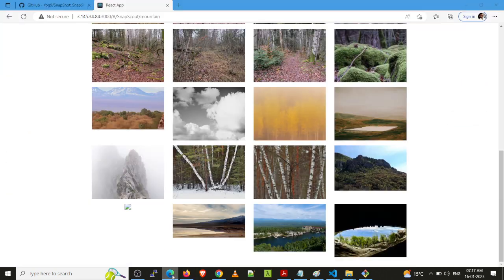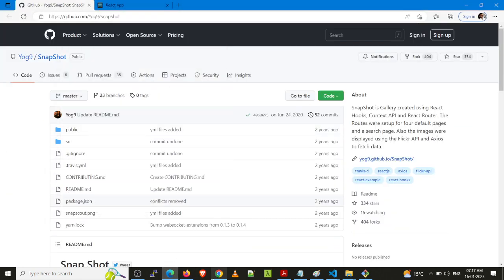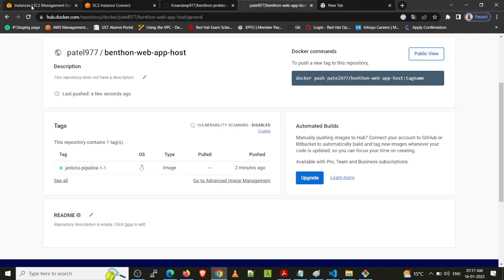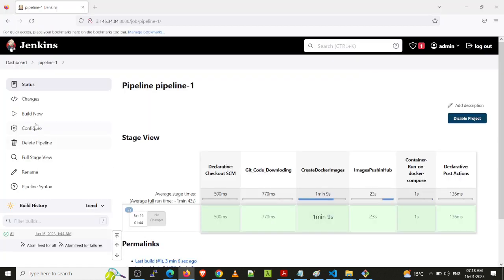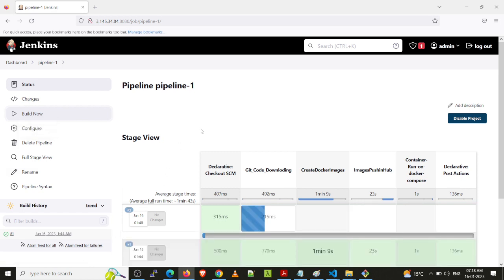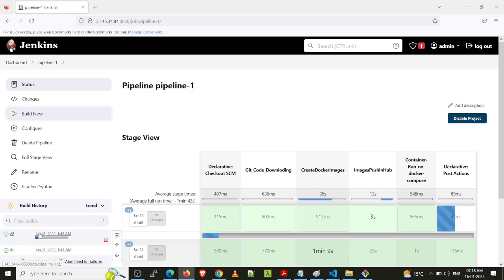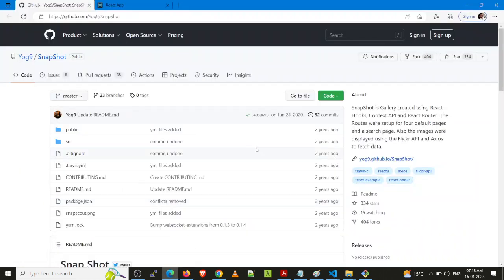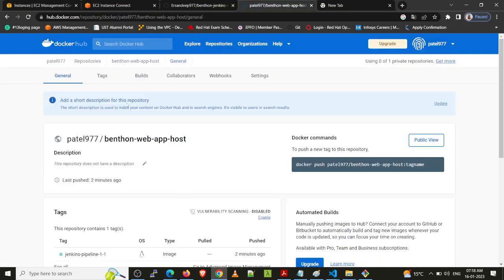So let's see, inside our repository there is only one tag, which means only one version is available. If I run it a second time, it creates one new image. See, the job is created and all the steps start one by one. See, the second job is also created, and we have to come and check.